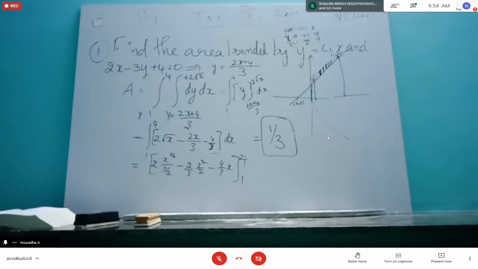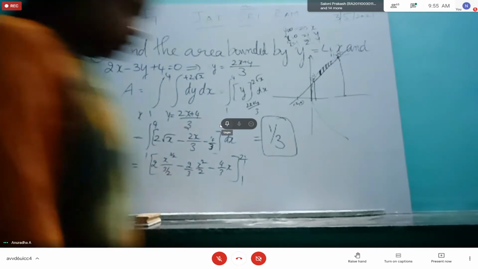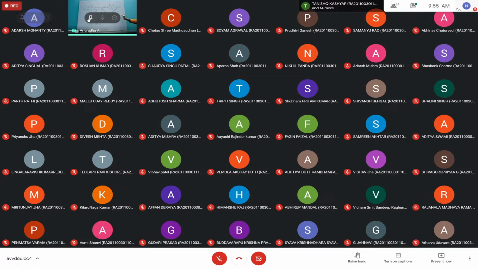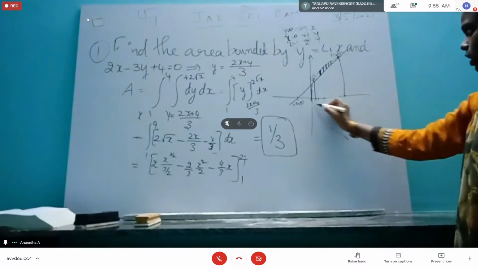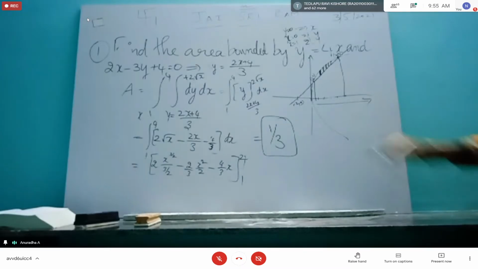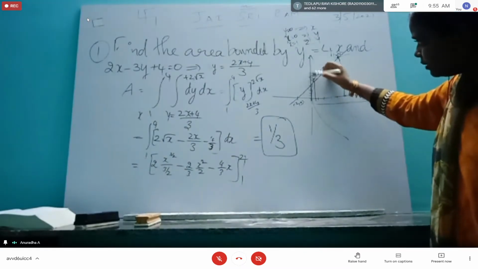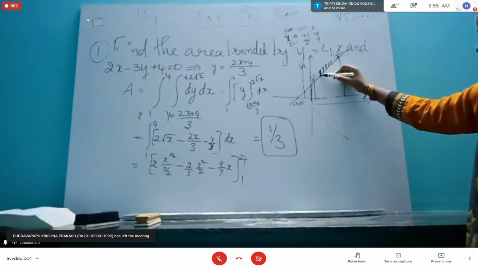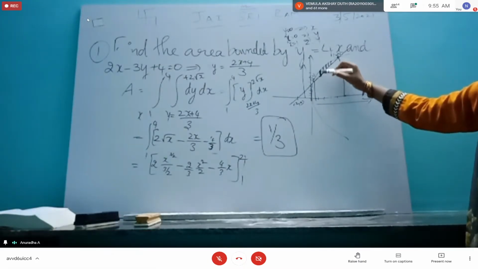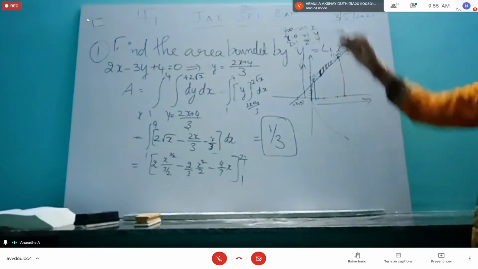Excuse me, ma'am. When you selected the limits for the y value, how did you determine what would be the upper value and what would be the lower value? See, once you fix the region, how will x increase? 0, 1, 2, 3, 4, like that only. So always the x-axis will increase in this format. Y also, 0, 1, 2, 3, we draw the scale. So y will increase like this. So this line comes first, then this line comes. So top to bottom. Sorry, bottom to top.